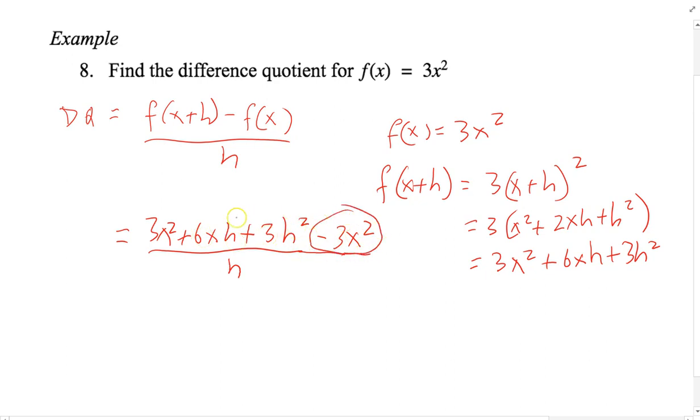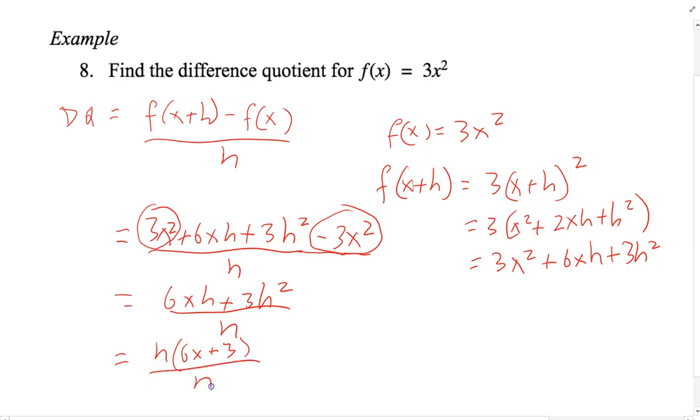So this 3x squared subtracted from this 3x squared will drop out. So we have 6xh plus 3h squared over h. And then we can now factor out an h from the numerator. And then that becomes 6x plus 3, and then over h. So our answer